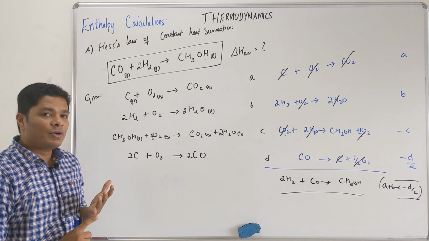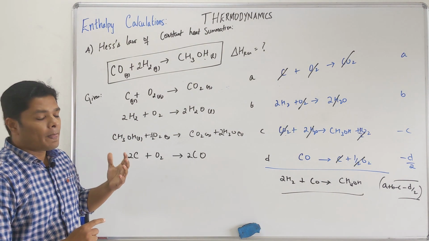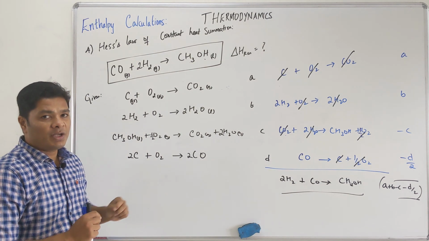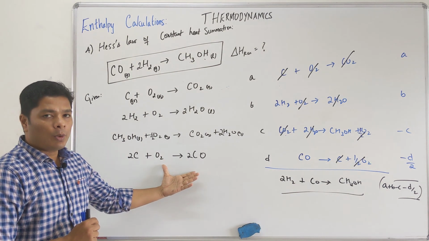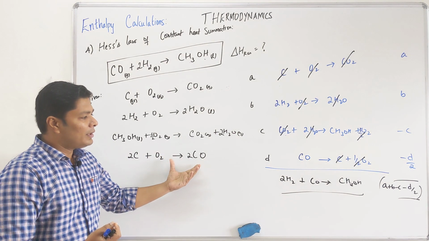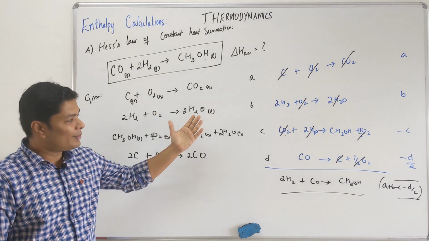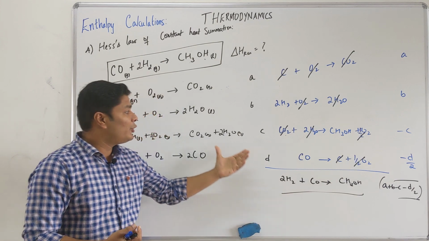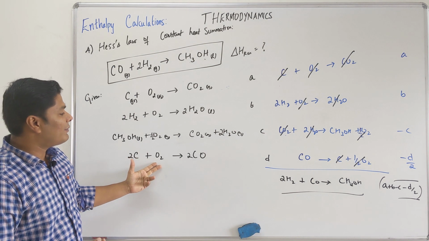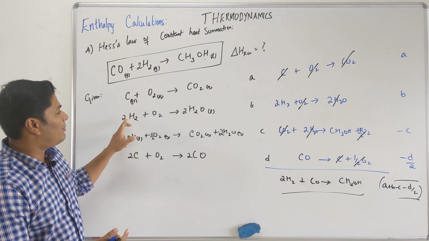Alright, now basically in this lecture we saw how to do calculations involving enthalpy. 4 different ways we saw, all 4 are important, particularly the 1st and 4th methods are extremely important. This is very, very important, Hess's law, because anybody can do it. This has nothing much to do with chemistry, it is logic: left side to left side, right side to right side, match the coefficients, cancel, and the target equation comes. Now you don't have time to write all this, it will be printed in the options. You just have to see what is the minimum work you can do. Some of you can do it mentally.